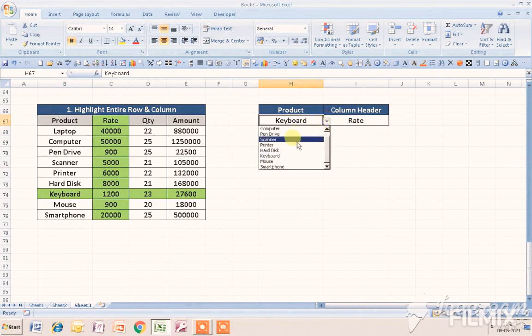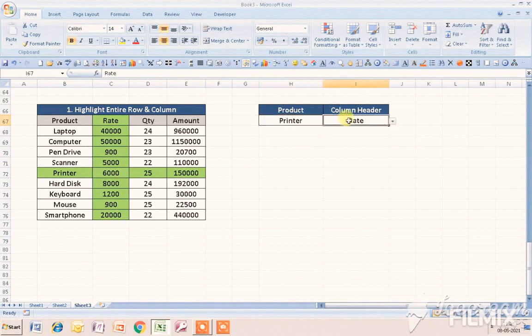If I select printer, then printer gets highlighted, and from the column header if I select quantity, then quantity gets highlighted, and if I select amount, then that particular column gets highlighted. Now I will show you how to create this by the help of conditional formatting.